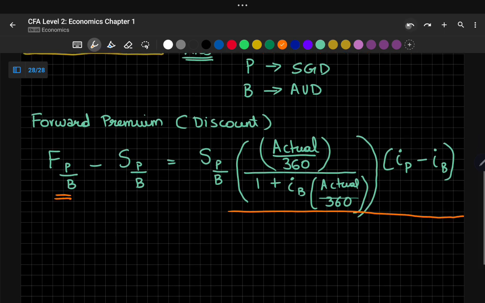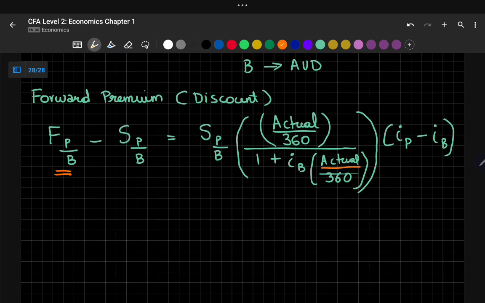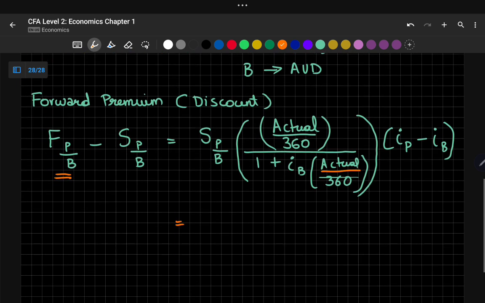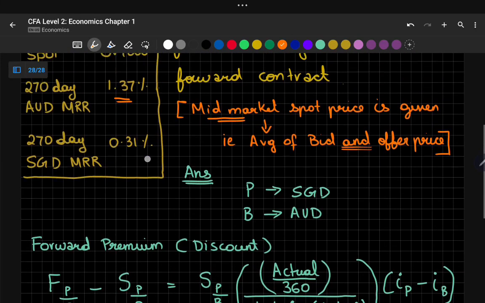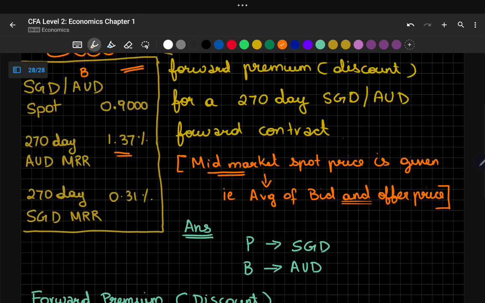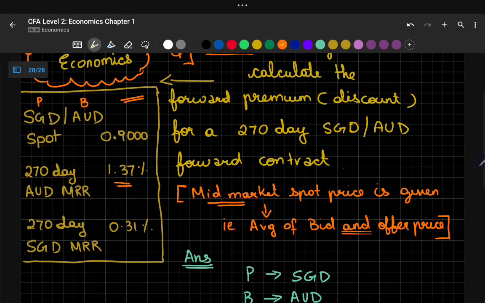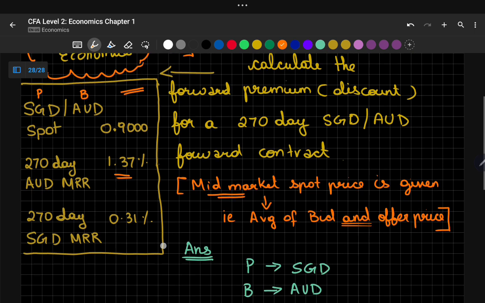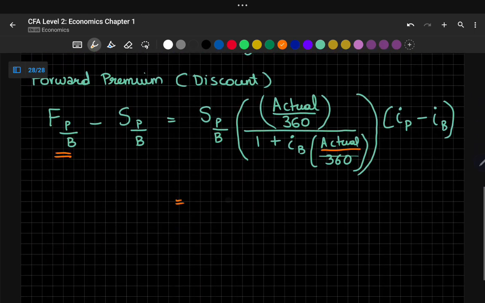So that's why I'll input all the values into this side. What is the spot price? The spot price of SGD to AUD, that is price to base currency, is 0.9. So 0.9